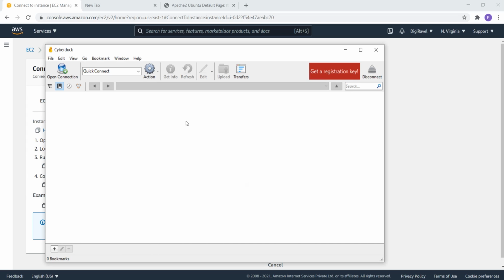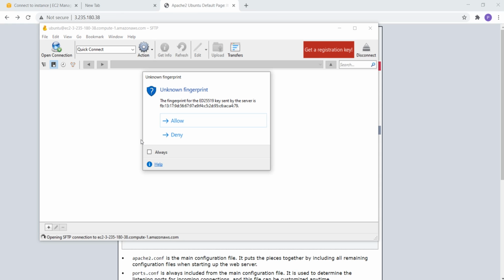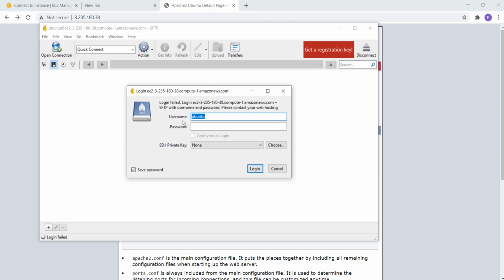So by default, it will take you to some folder that is inside your user, that is Ubuntu. Once you get connected, you will get an option asking to allow. Just click on allow and then log in.